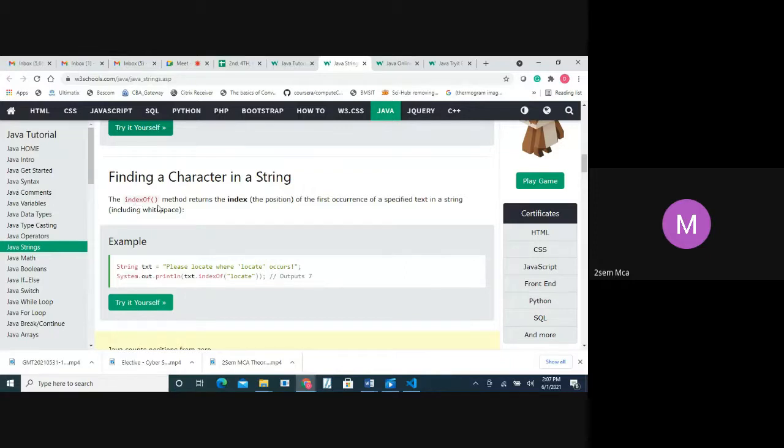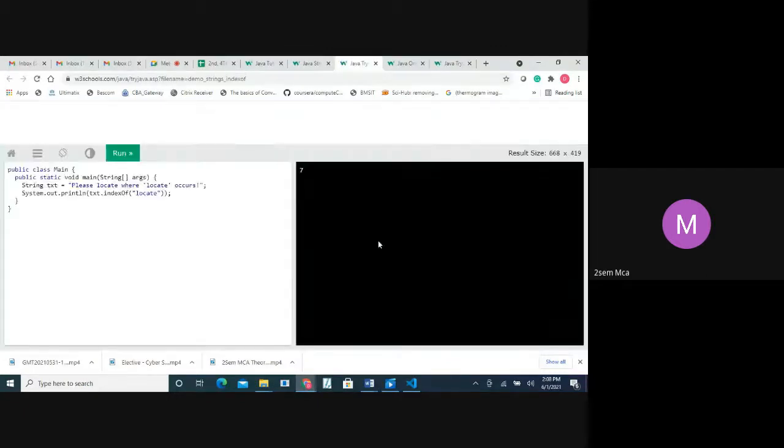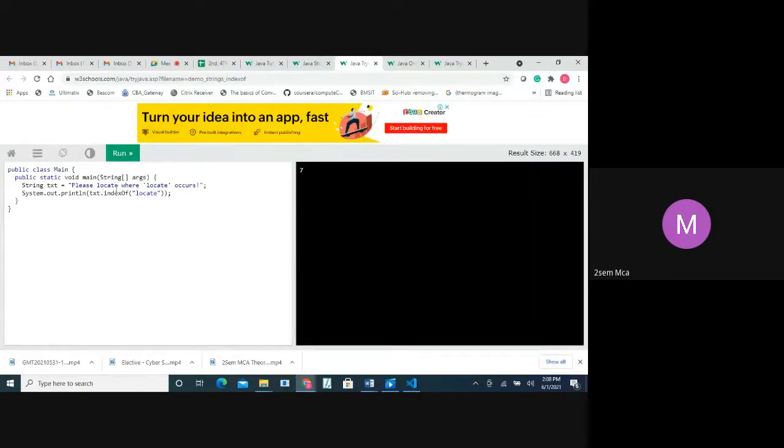What it gives is the position from where I want. So something like this, we see the program. See here what we have done, please locate where the locate occurs. So I want to know where the locate is. In this complete thing, in which position is the locate?